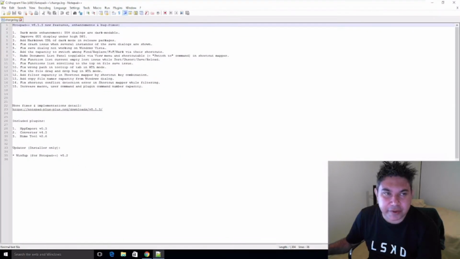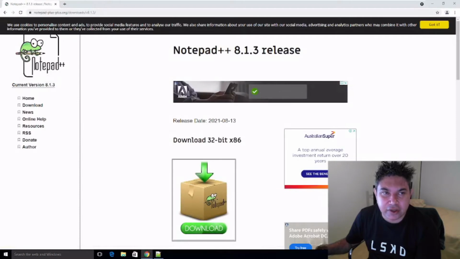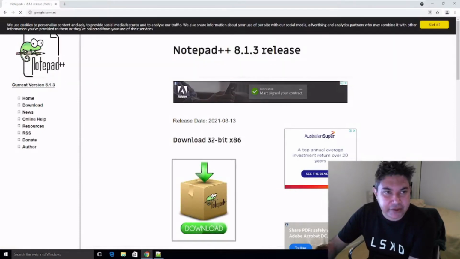Alright, so once you first open it, you'll have a change log file. Just close it and you'll have a new file. We're using Notepad++ later on. So then just go back to Google